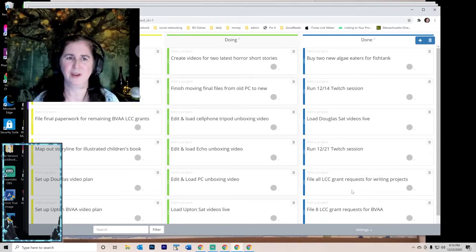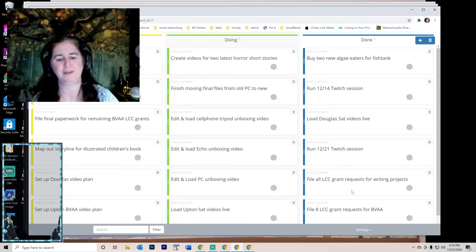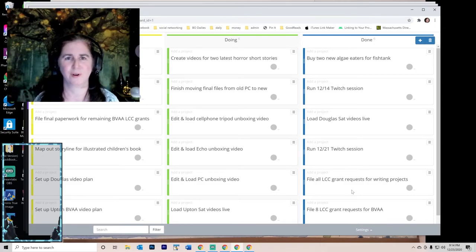So let me know if you have any questions about Kanban boards and about the idea of having a shorter term planning system. I know it's all relative what's longer term and shorter term, but to have something that keeps you oriented between your 1 year list, which is fairly far off, and your daily list, which is fairly close in, so that you have something for that middle space to be able to keep you guided over a couple weeks, to keep you working towards a project that you need to get completed in those weeks.